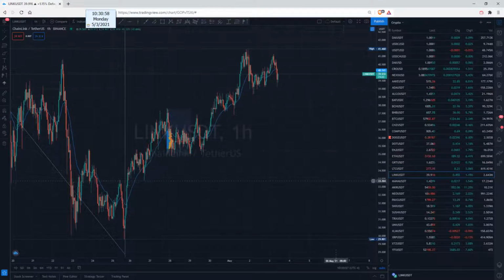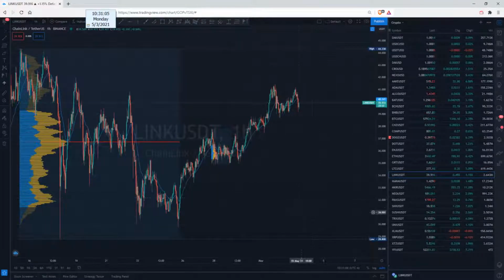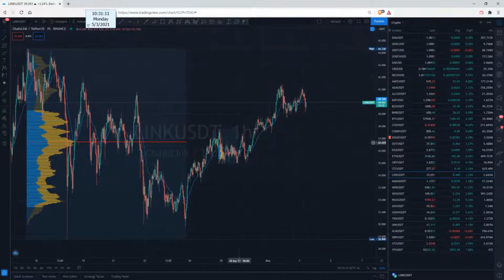Link still looks incredible. That's looked incredible since that shift down in the 36s. I don't really want to add more to that because I think it needs to stay long. If it does want to pull back, though, realistically, the 36.75s, 37s would be the zone of interest. It'd also be a nice kind of L2-ish zone.